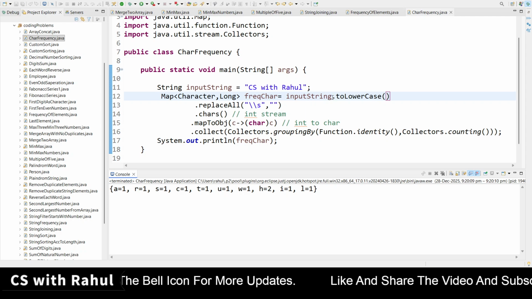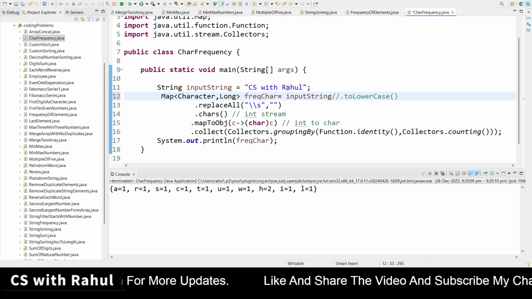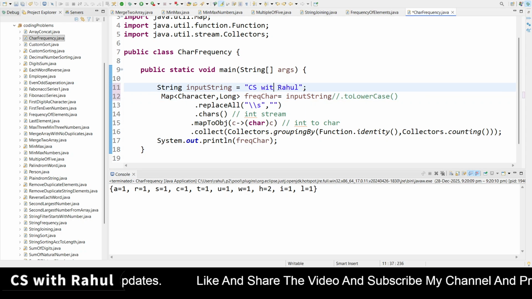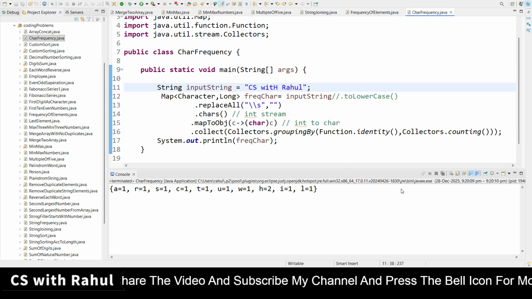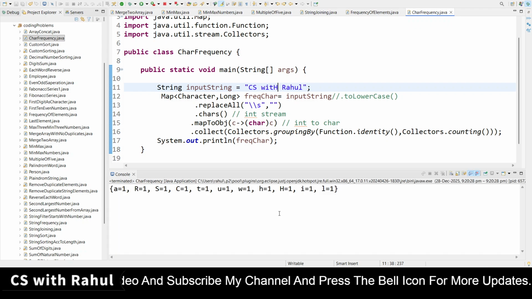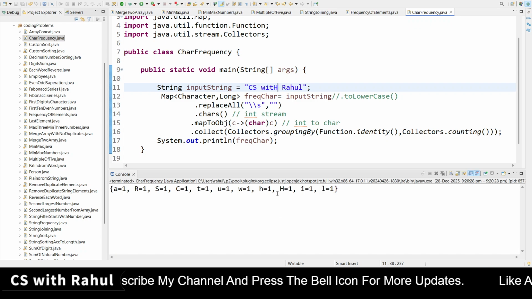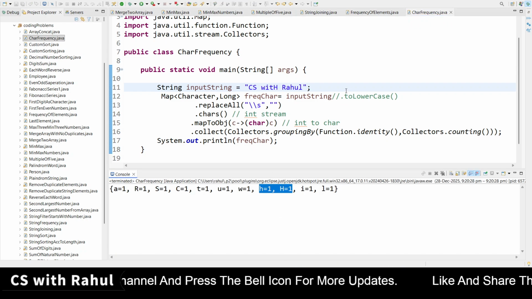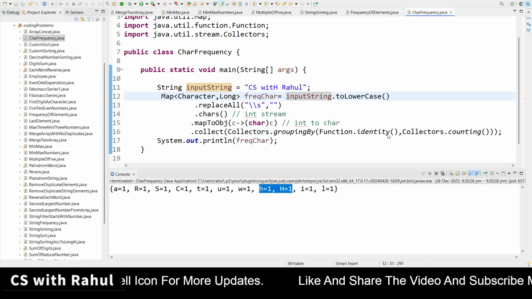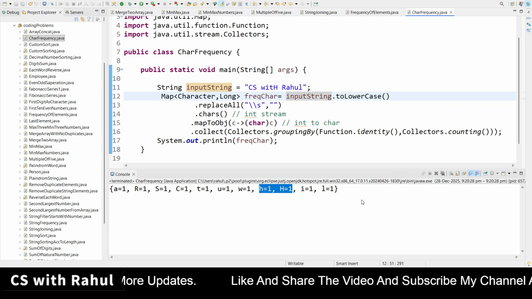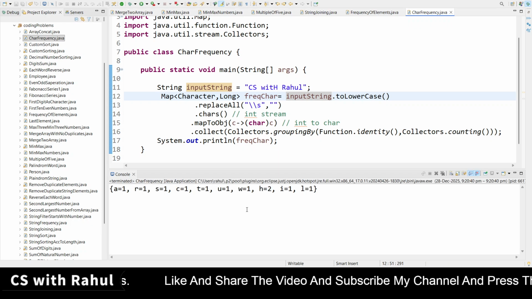In the previous one, once I comment it out, and suppose there are two H, one H I am keeping as capital H, and if I right click and run as Java program, you can see it is counting the H two times, uppercase and lowercase both. But if I uncomment it, make it uppercase or lowercase, it will count the character only one time. Okay,